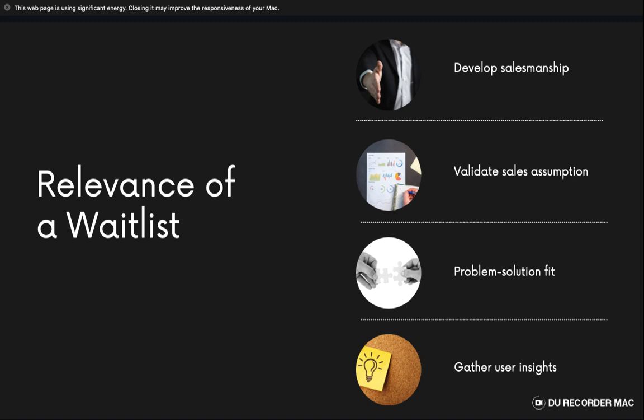So when we get to the point of building a wait list, this stage is just for you to gather user insights to develop and shape your product. When we get to the point of developing your market, where you actively build a wait list, we'll be monitoring that to see how performance is. For example, how many people did you talk to? How many people signed up? So you could be monitoring those metrics to know if you need to change your sales pitch or your manner of approach.